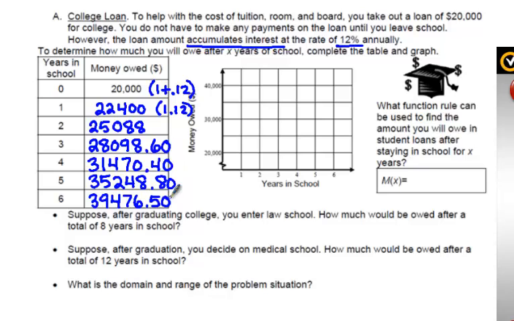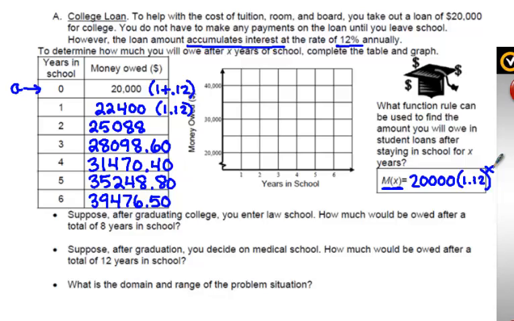whenever we are dealing with exponential functions, if you're trying to determine what the function is itself, we can always go back to the previous lesson, determining functions from a table. The y-intercept here will give us an a value, and the ratio, well, if I multiply 22,400 by 1.12 to get 25,088, if I divide 25,088 by 22,400, I'm going to get 1.12. And it's going to happen each time we go backwards in our process. So the a value, that's 20,000. The base is 1.12, and then x